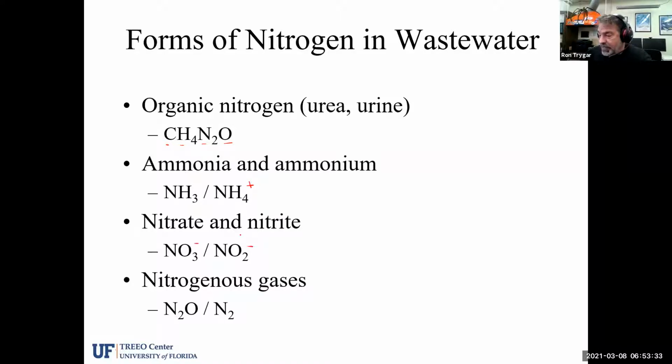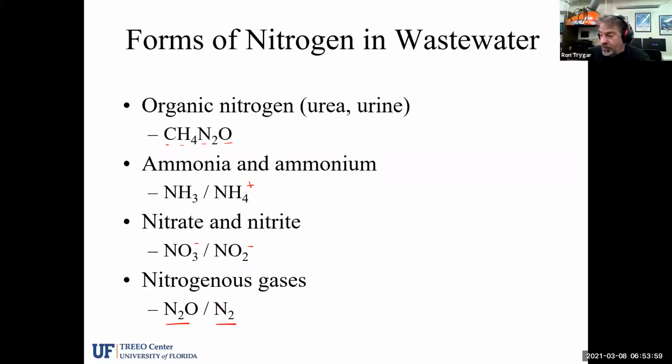So when I put the little negative charge or a positive charge next to it, that means it's an ionized form of nitrogen. So we have nitrate and nitrite next on the list. You see that we have nitrate as NO3 and nitrite as NO2, and again, they are sort of negatively charged ions. And then next on the list, down near the bottom, we have nitrous oxide and then nitrogen gas as